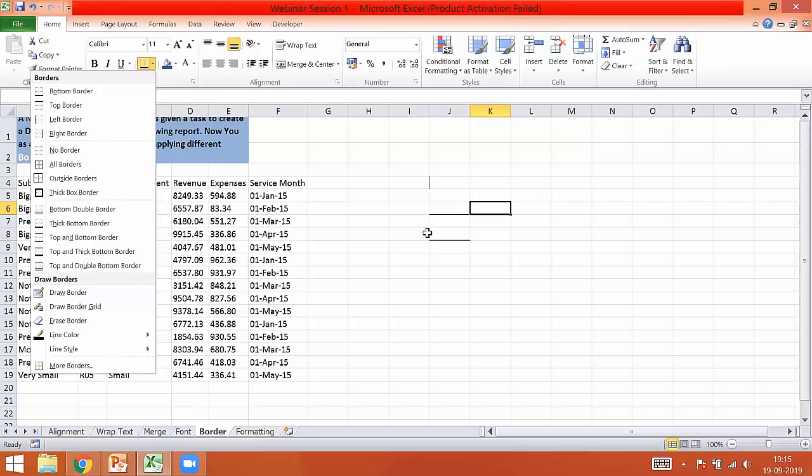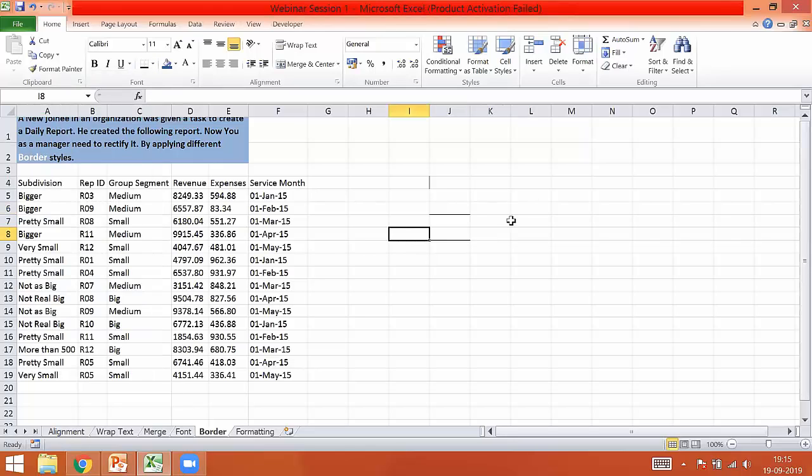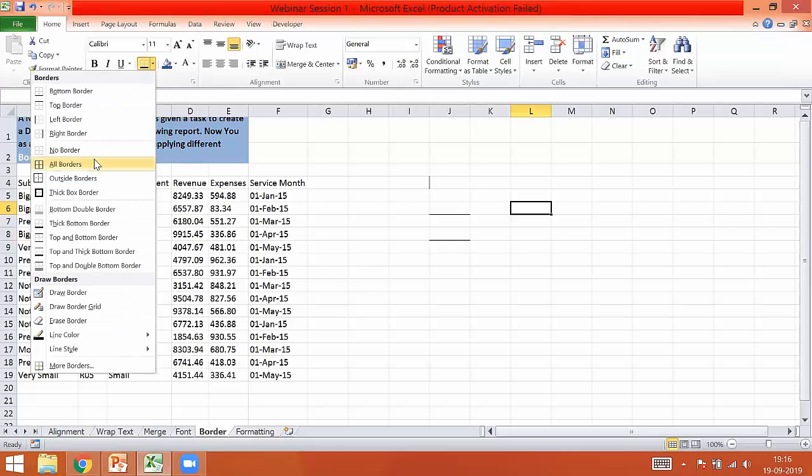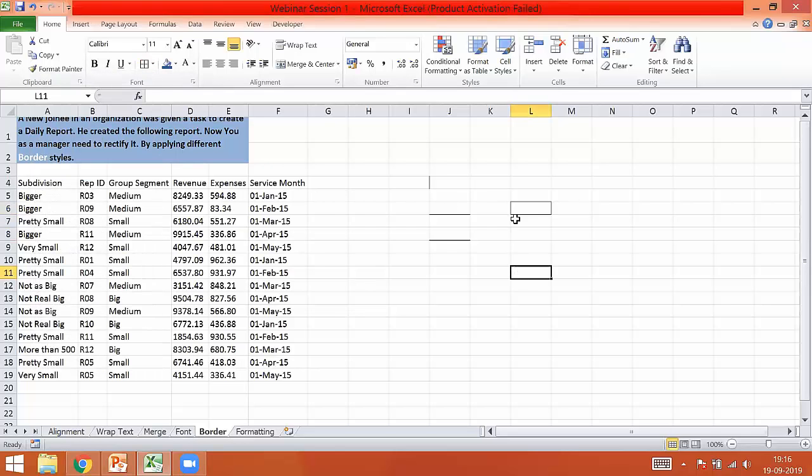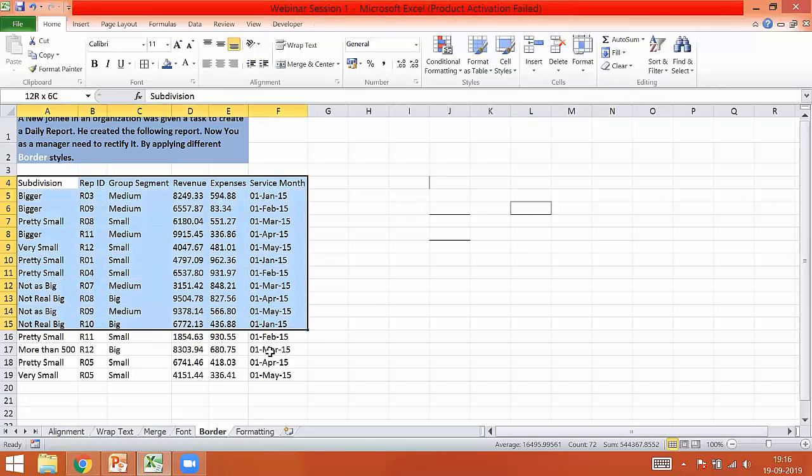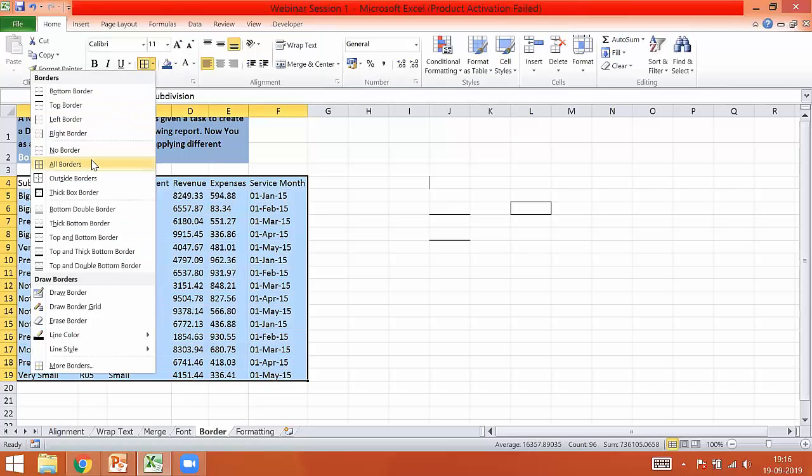The standard ones are wherein you can just click on one particular style, add all borders. You can see that it has created very small thin lines around each cell. How to add that? I'm showing it to you on the entire data. I'm just adding all borders.